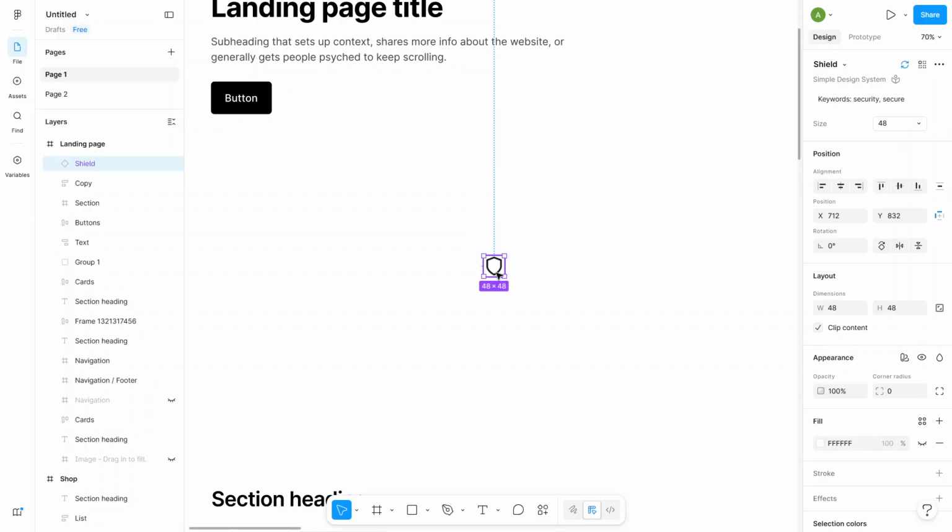Place the icon where you want it by clicking and dragging. To resize, drag any corner handle. If you want to maintain proportions, hold Shift as you scale, and hold Option or Alt to scale from the center. Figma's smart guides help you align the icon with other elements, and you can nudge it precisely with the